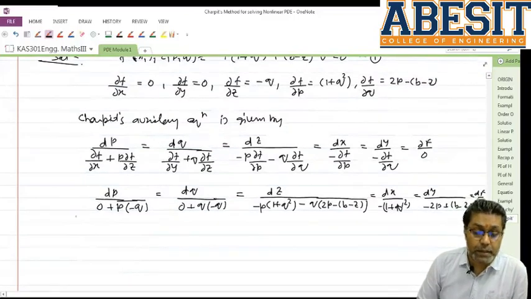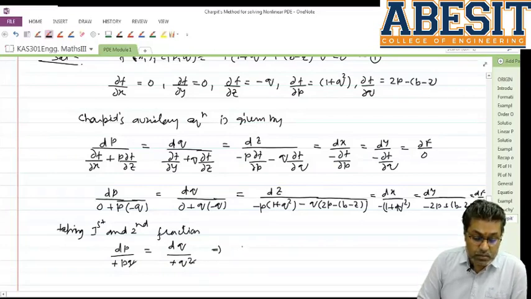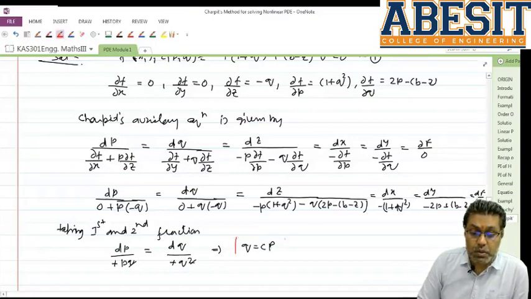तो हम यहां पे फर्स्ट टू फ्रैक्शन लेंगे, taking first and second fraction। तो फर्स्ट टू फ्रैक्शन लेने पे हमें क्या मिल जाएगा, यहां से dp upon minus pq is equal to dq upon minus q square। तो ये माइनस से माइनस प्लस हो गया, q से पावर कैंसिल आउट हो गई, और जब इसको सिंप्लीफाई करेंगे we get q is equal to cp। So this is the point which is to remember, q is equal to cp।